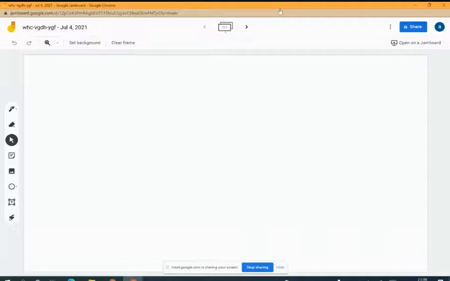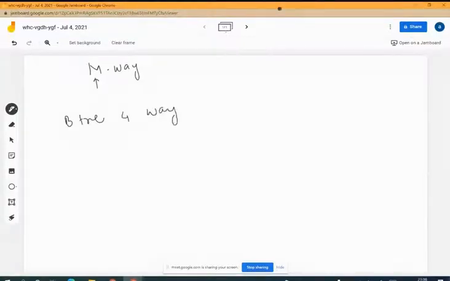Regarding the m-way tree from last time, in an m-way tree we need to mention the value of m. It can be anything. Depending upon the value we are using, a particular B tree can be called a B tree of 4 ways if the value we have taken for m is 4. Accordingly, if the value changes to 5, it will be a 5-way tree.